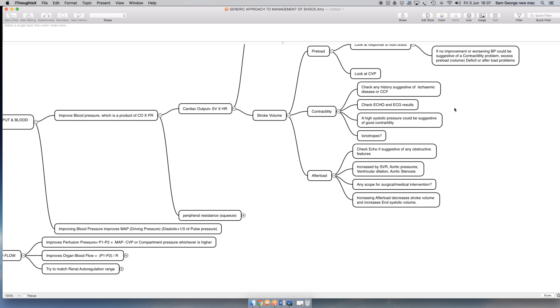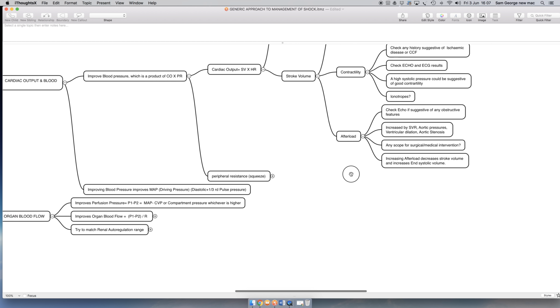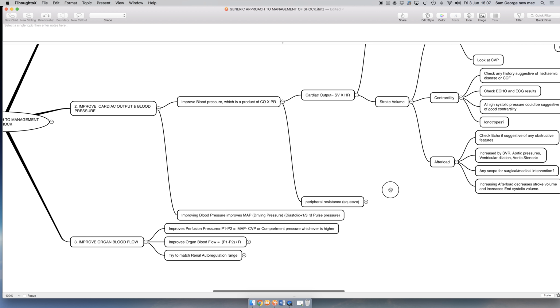Afterload is increased by increased systemic vascular resistance, high aortic pressure, ventricular dilatation, and aortic stenosis. So if there's any scope for surgical or medical intervention, you have to think about that as well. The consequence of an increased afterload is a decreased stroke volume and an increased end systolic volume. Okay, now let's look at